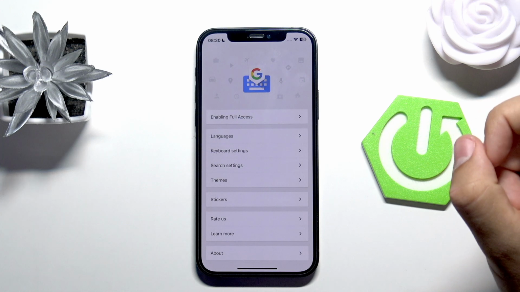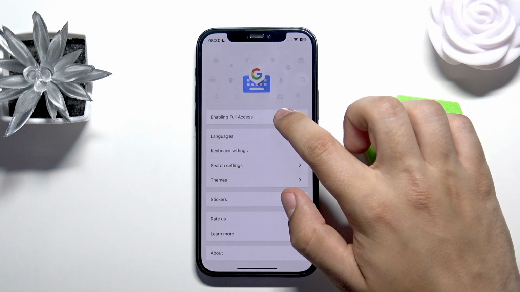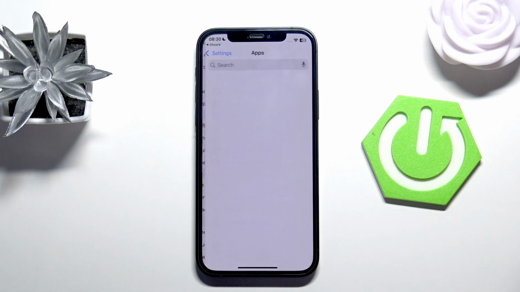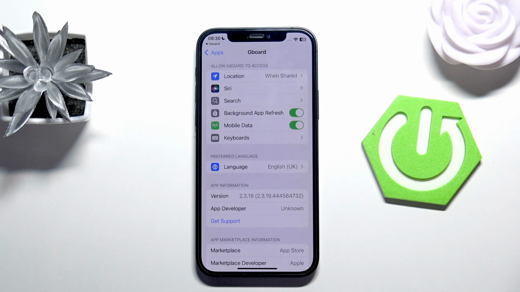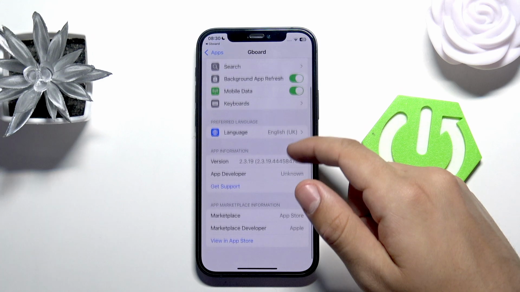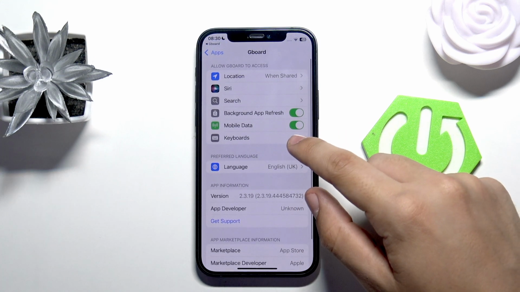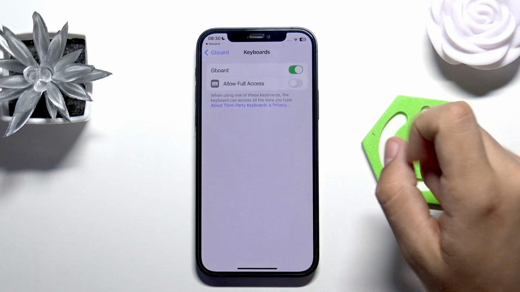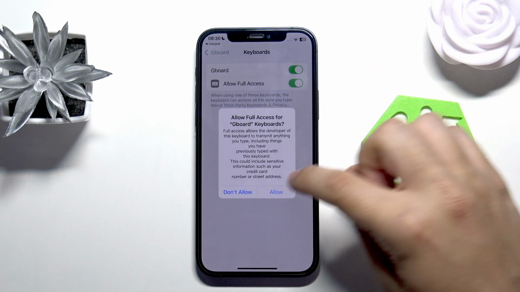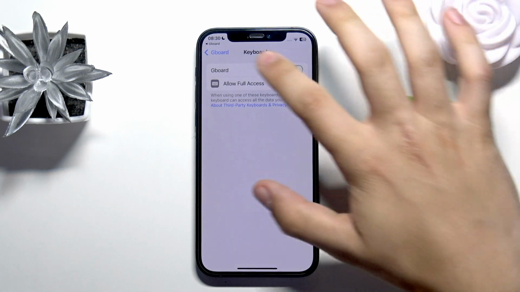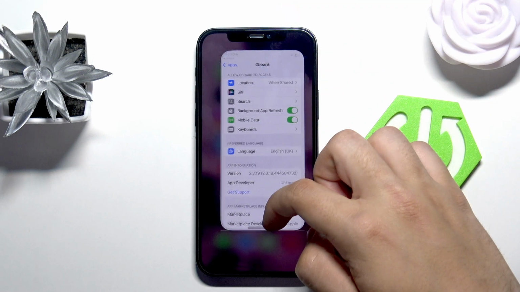Let's get started. First we have to enable full access. Let's go to the apps. It should open by itself. Keyboard, allow full access, allow. Okay, now once that's done,